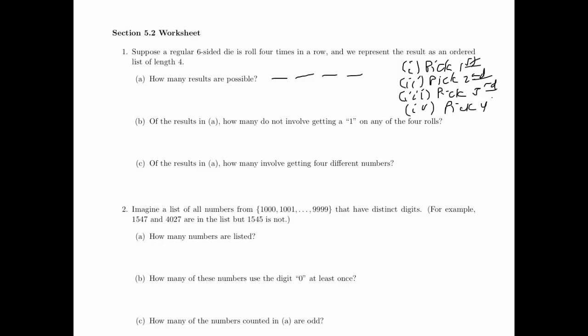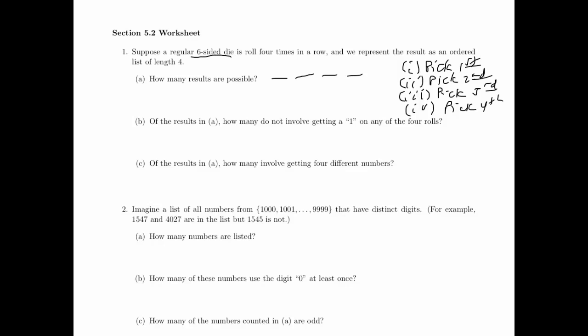We're told in the first problem that we're supposed to represent results as ordered lists of length 4, so that's a big hint that we should be doing this as a fill-in-the-blank type argument and doing 4 steps where we pick a number for each of the 4 blanks. When we're in the first problem, since we're trying to list all possible results, we are looking to see that